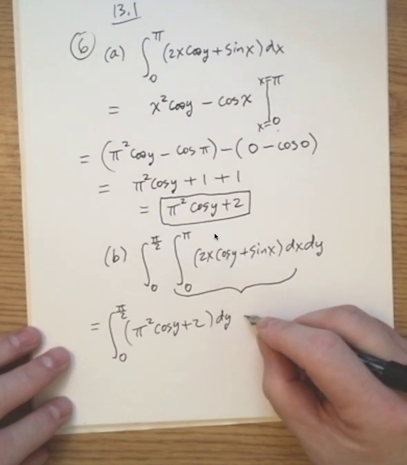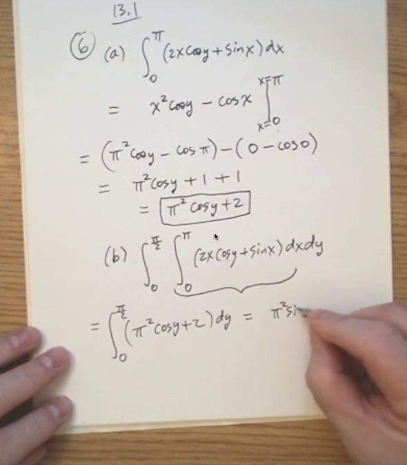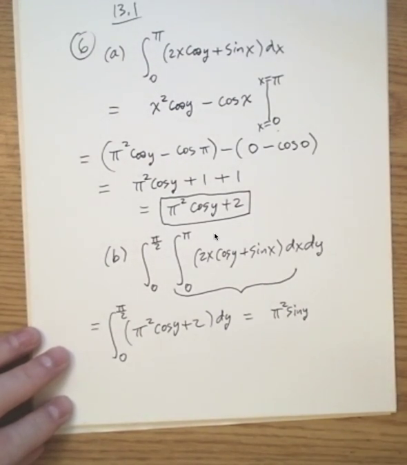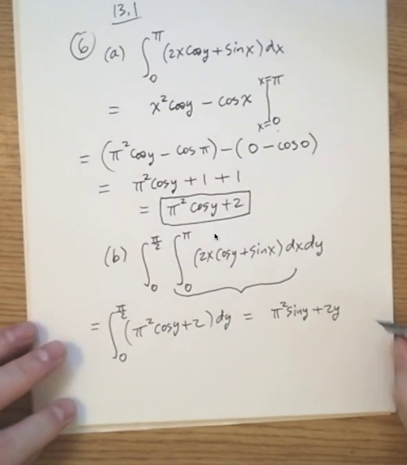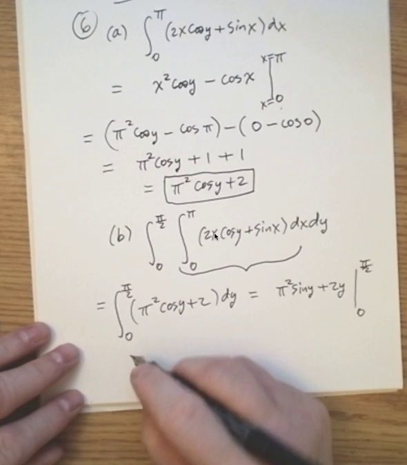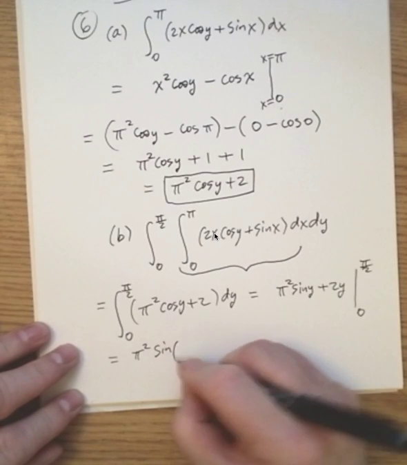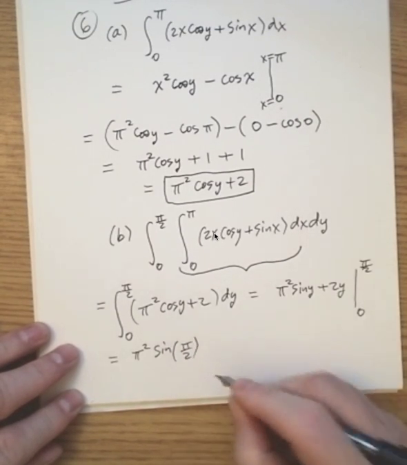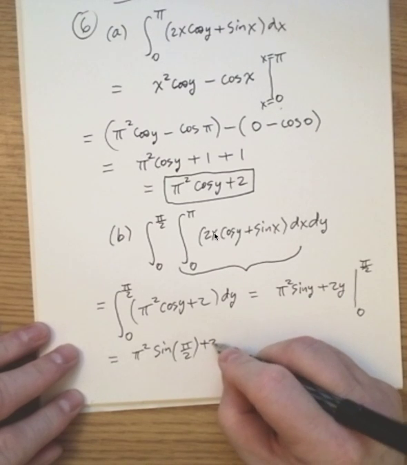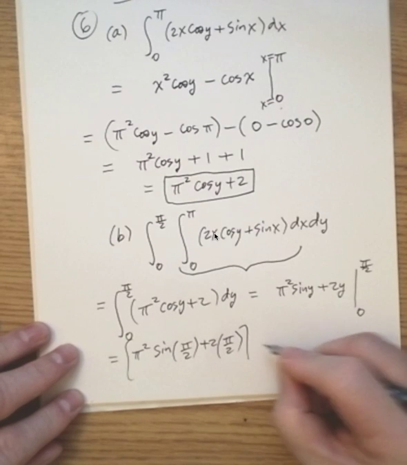Let's see, what are we going to get here? Antiderivative of cosine y would just be the sine, wouldn't it? Plus, just use the power rule here. This is easy, 2y. Y is going from 0 to pi over 2. So let's do this evaluation here. We would get pi squared sine of pi over 2 plus 2 times pi over 2 minus